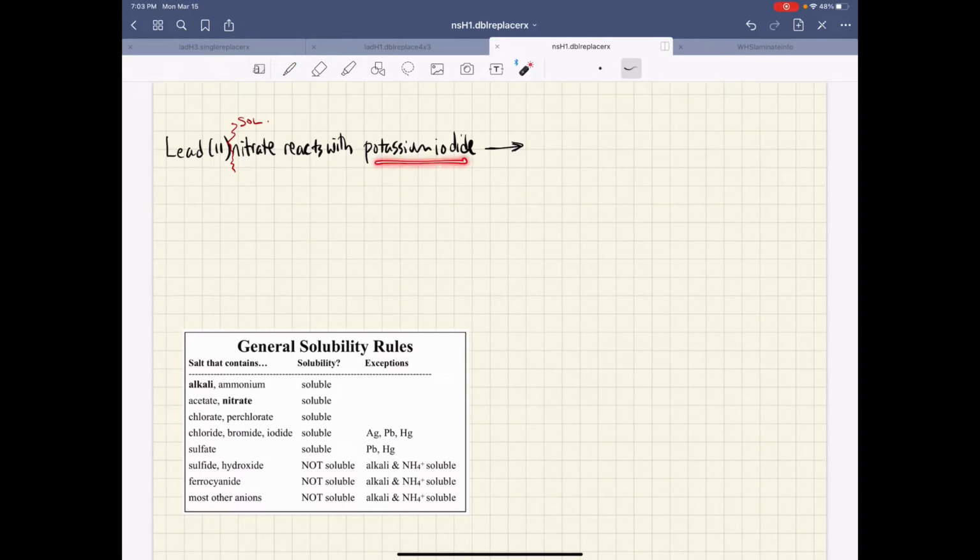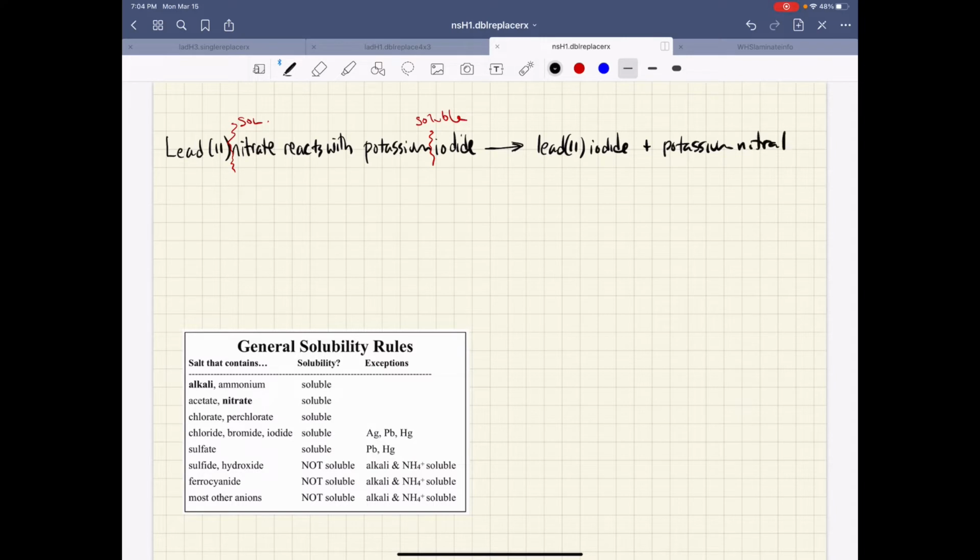Next, we need to look up the potassium iodide, and potassium is an alkali metal, and all alkali salts are soluble, so potassium iodide will be soluble. So yes, we know that this compound is soluble. That allows us to move on to step 2, which means let's use these words and make a switcheroo. Let's switch lead and potassium's places and write the substance as lead 2 iodide and potassium